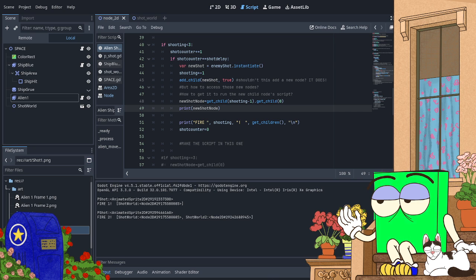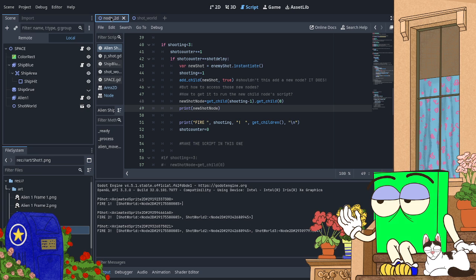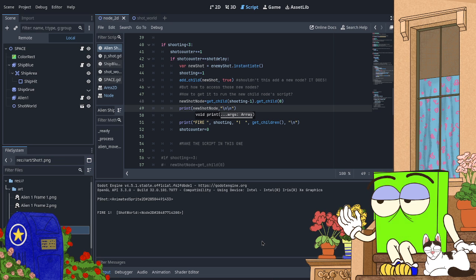Now, I am pointing to P shot. Rerun that just so I can make sure I'm looking at this right.